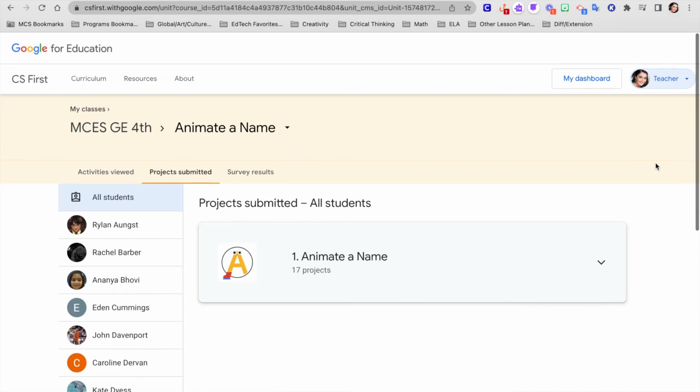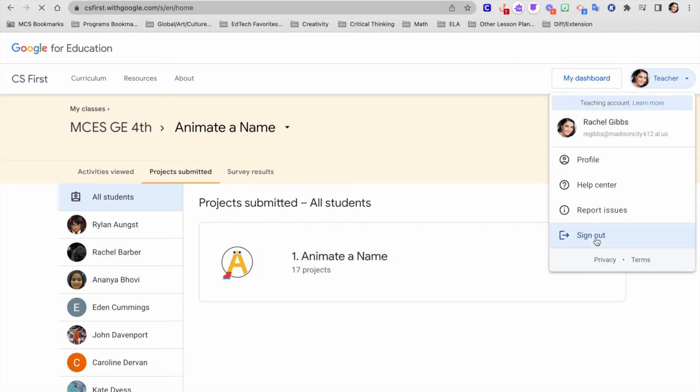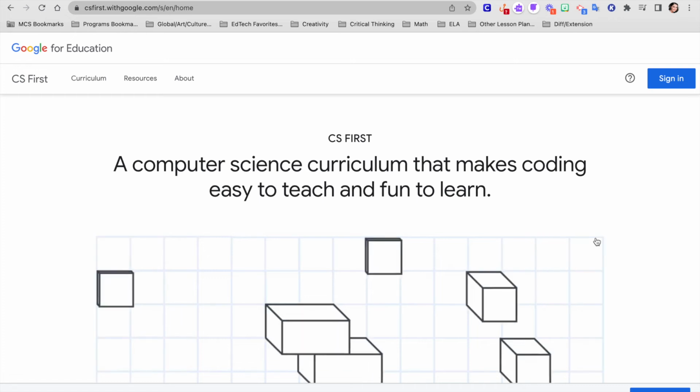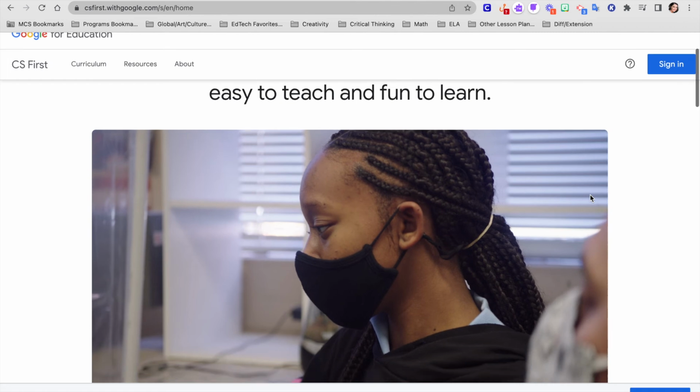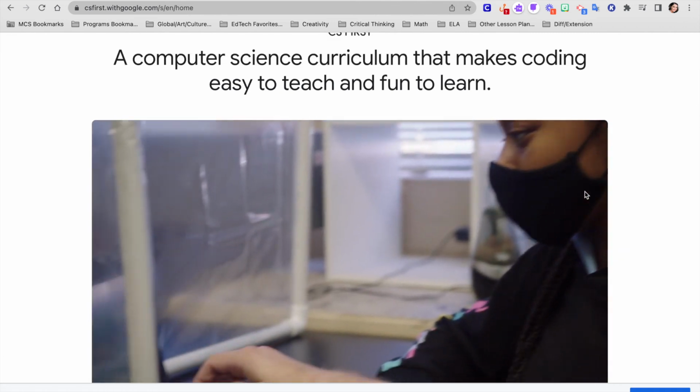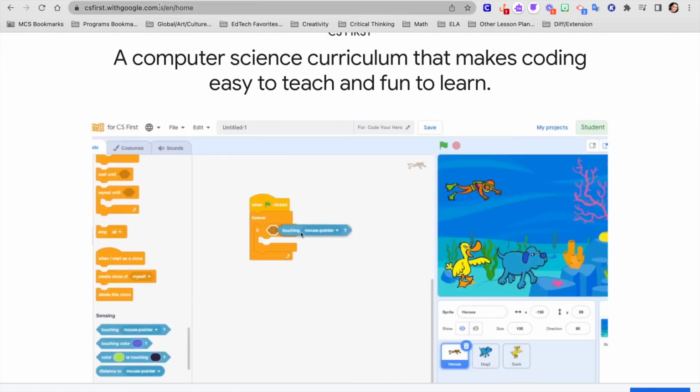Now, let me show you what it's going to look like from the student side when you log in, when they are ready to join your class. So I'm going to sign out. Okay, so students are going to access CS First the exact same way as you, using this link,